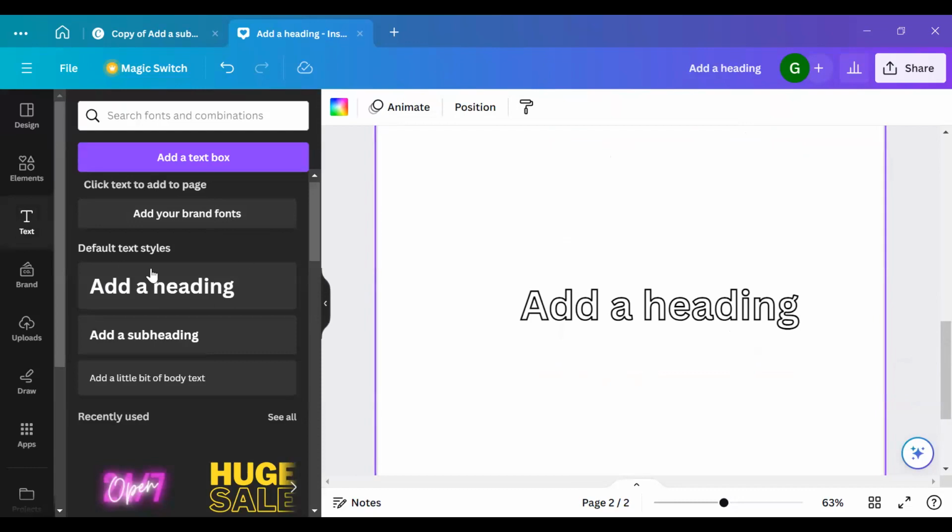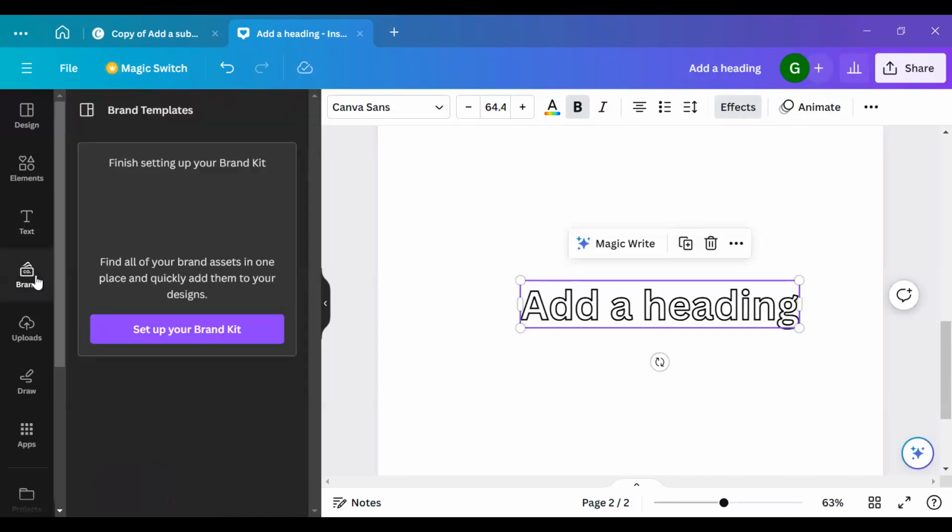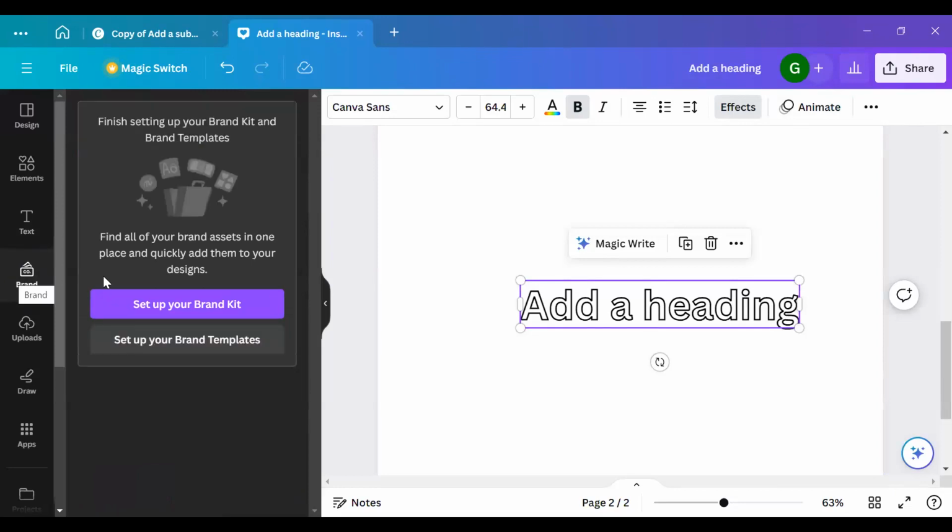All right, so like I was saying, this is where you insert your text. And once you insert the text, you can always manipulate it using any of these features. Then the brand feature here is basically for brand owners, those who actually have a brand